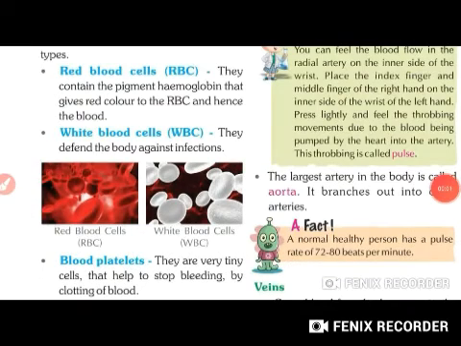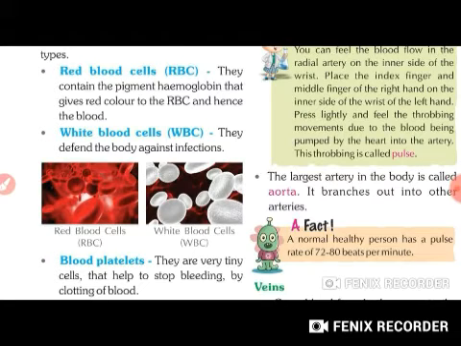Students, there are different types of blood vessels. They are arteries and veins. Let us detail one by one. Understood? First one is arteries. Arteries carry oxygen-rich blood from the heart to all parts of the body. Second one is veins. Students, veins carry carbon dioxide rich blood from all parts of the body back to the